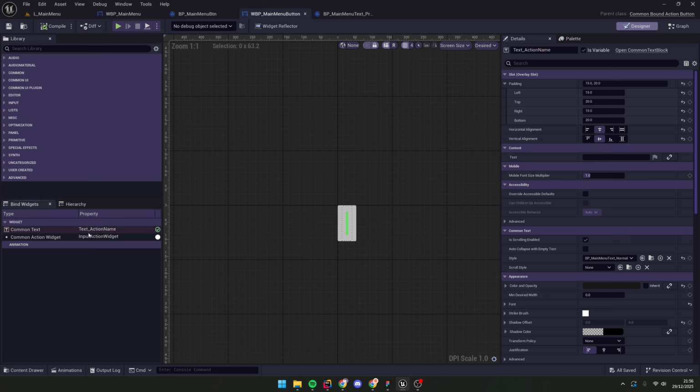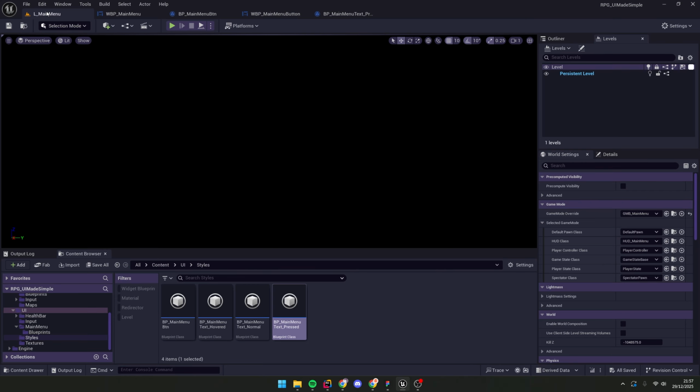You need a common text named text underscore action name. So I have named my label to text underscore action name, and the name is still label. It is set in the instances. So now that our button is a common bound action button instead of a common button base, we can head back to the main menu